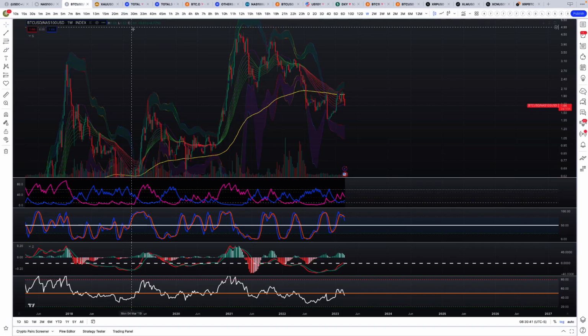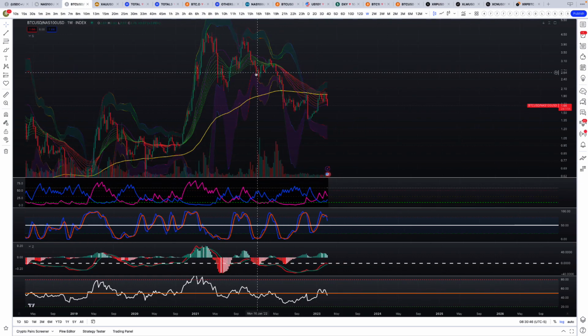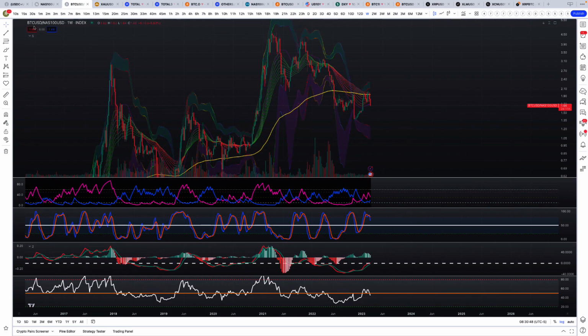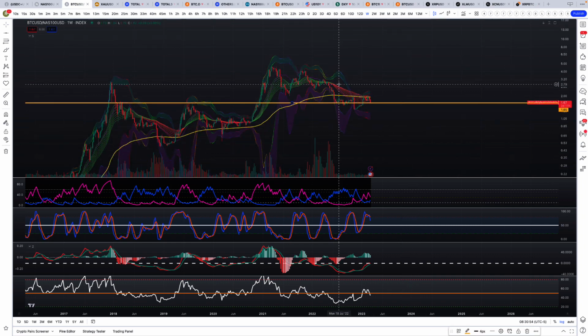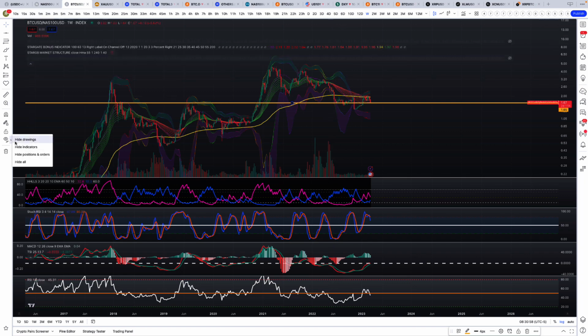Then we have the Bitcoin, so the inverse view, Bitcoin against stock market. Right now we are coming down to a key level. I mean, if we zoom out, when in doubt, zoom out. It's your best friend. So you can see, and let me hide everything else, the indicators, even just looking at